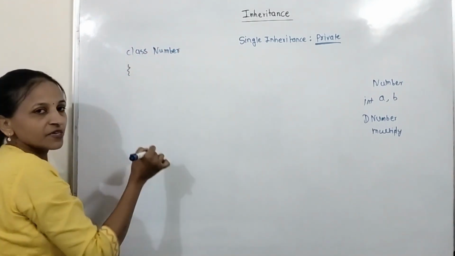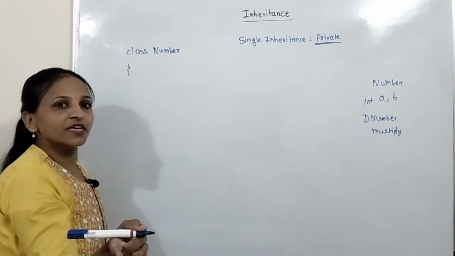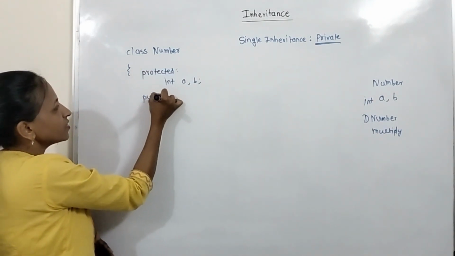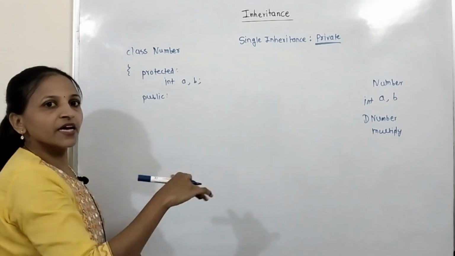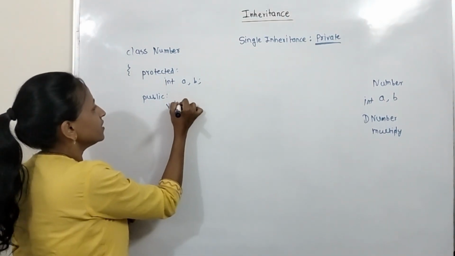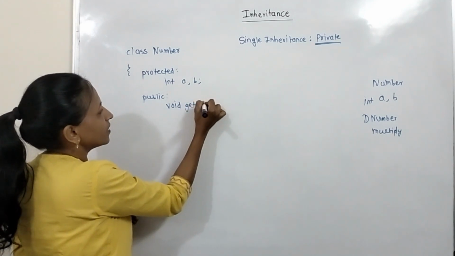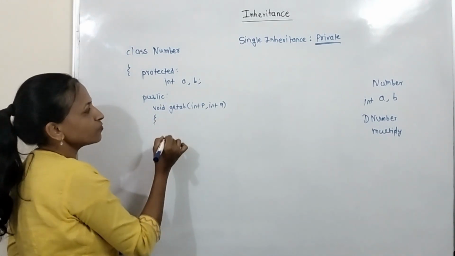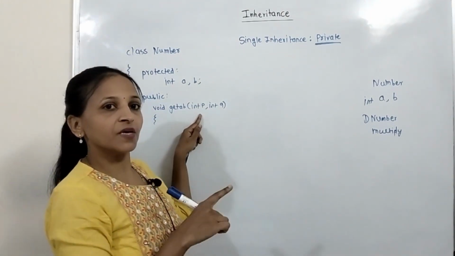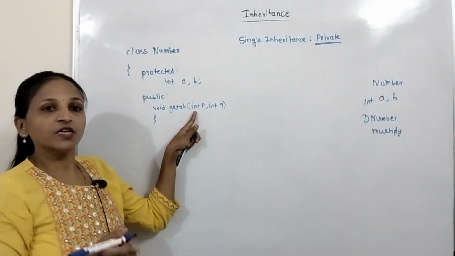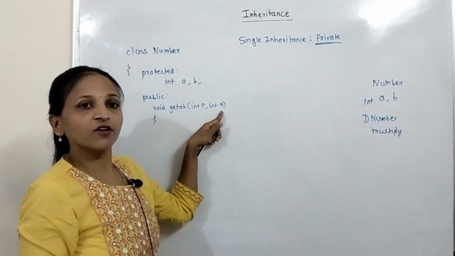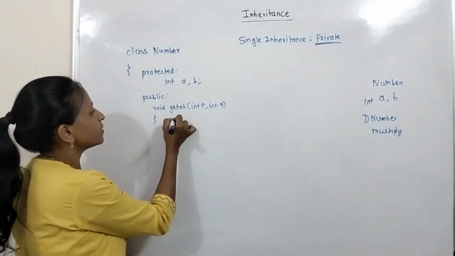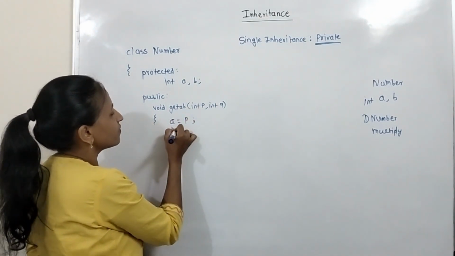Here there are two data members we have to declare. Currently I am declaring those two data members as protected. And in the public section we have to write member functions like getAB and displayAB. Let void getAB, here I am passing two integers, let P and Q. Now what we have to write, whatever values are passed to this getAB function, the first number gets copied inside P, and the second number gets copied inside Q. The same values we have to assign to A and B. How to do that? Simple. A equals P and B equals Q.